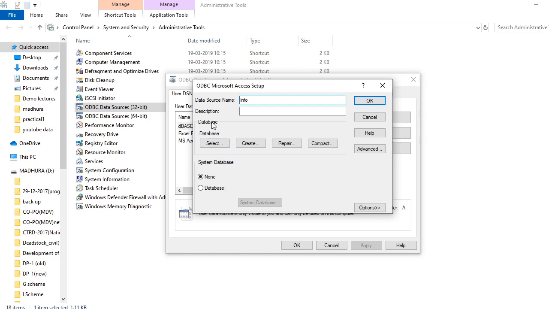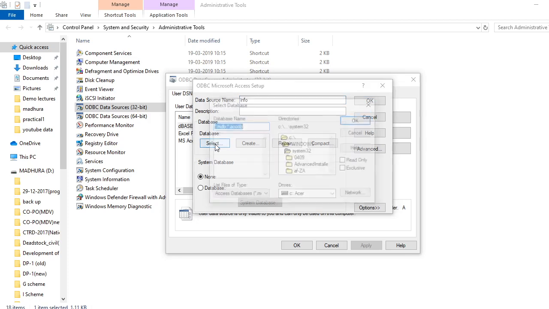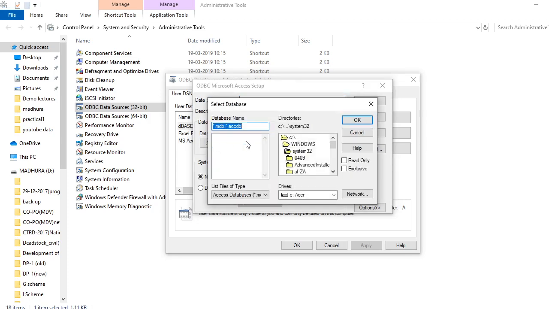Here for the database, it includes a number of buttons: select, create, repair, or compile. But we have already created the database, so you just have to provide the location of this database by using the select button. So I select. After selecting, provide the location. It's the D drive.